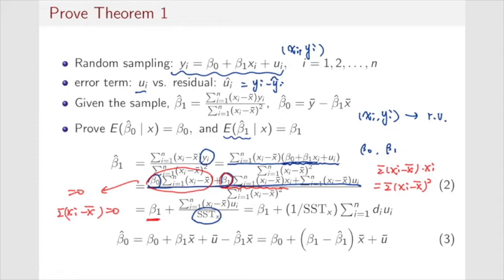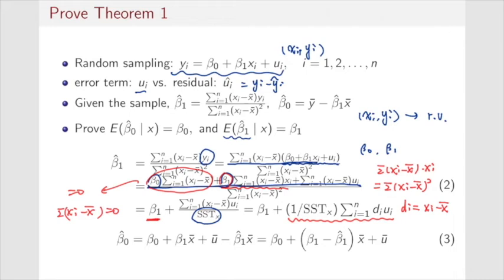And the third term is the covariance between xi and the error term ui. If we denote the deviation di equal to xi minus x bar, which is the deviation for each xi, then we have the third term as this. So in other words, beta 1 hat is equal to the fixed parameter beta 1 plus some linear combination of the error terms. Conditional on x,